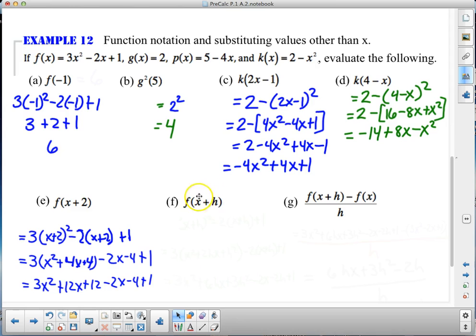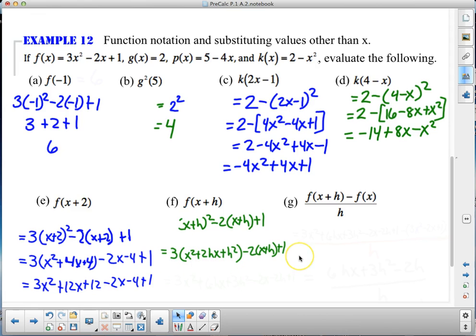Now, we're doing this to have you recognize, first of all, we're going to get work done here, and we're going to use that work over here in G. Okay, so F is f of x plus h. So wherever I see x, I'm going to put in x plus h. So we've got 3 times x plus h squared minus 2 times x plus h plus 1. I evaluate,